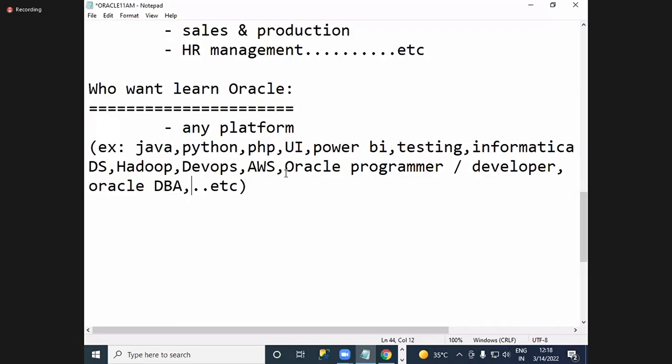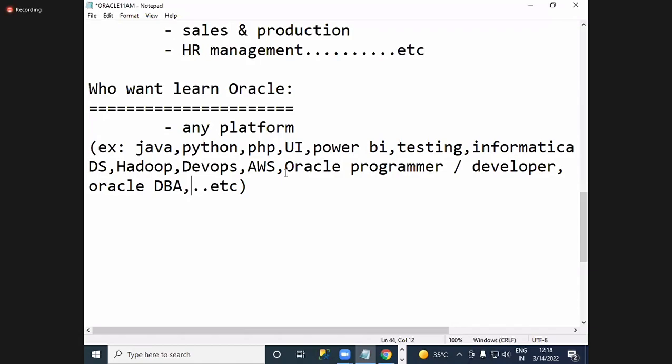One of our students was learning only core Java, advanced Java, and some HTML and JavaScript, but he didn't learn database. He was selected by a company and went to join.